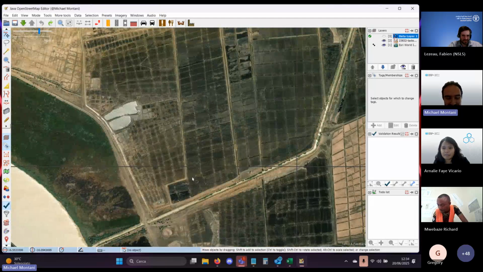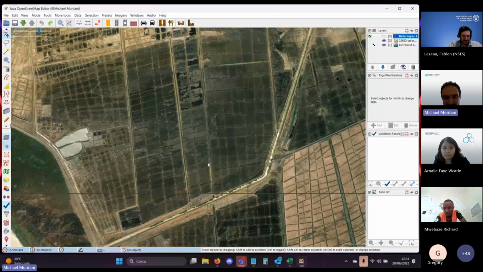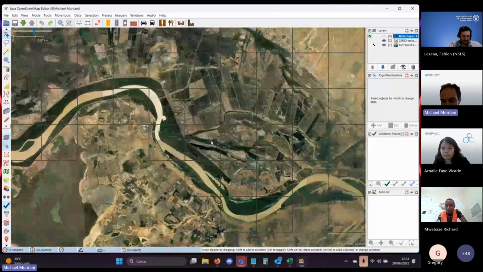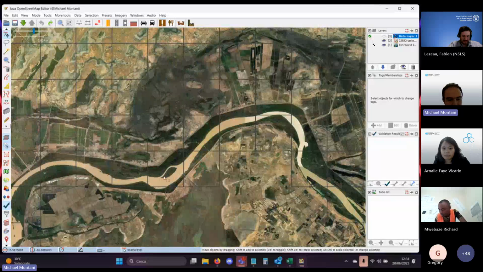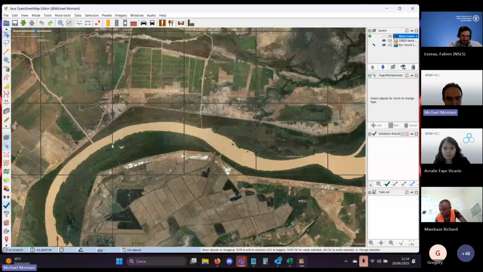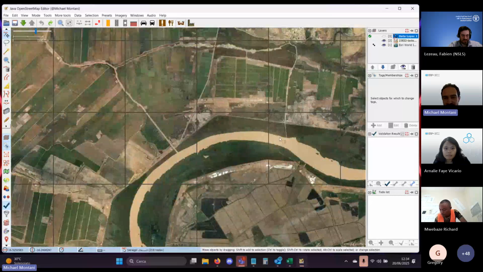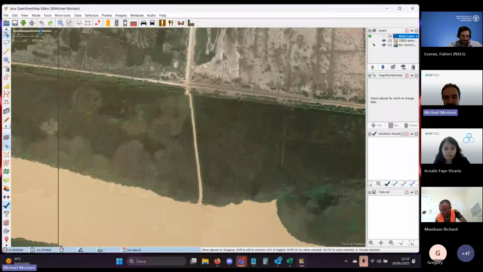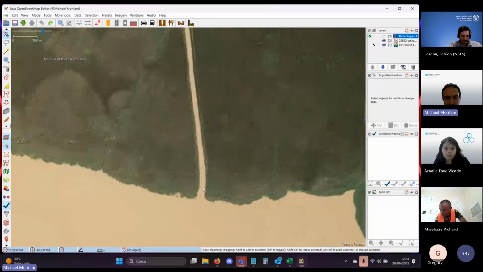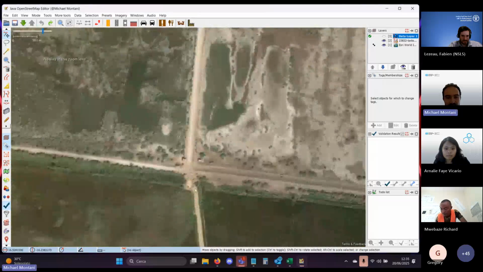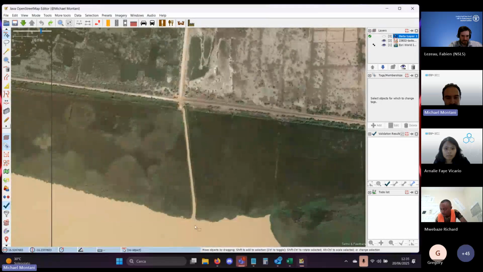So yeah, they are passing through farmland. That is the main definition. The easiest way that I found by just looking around in this area was to go towards the Senegal River, and you can clearly see the canals coming out of it. Like in this case, you can see the water going until here. So I will map this as a canal.